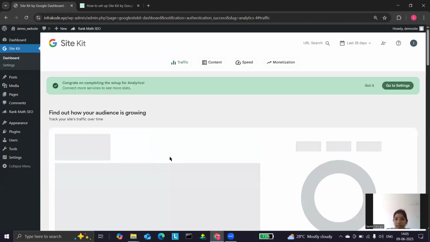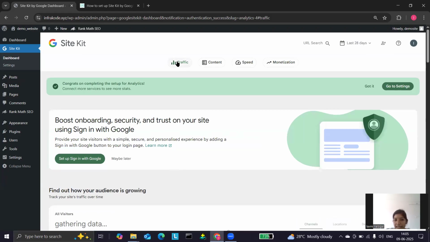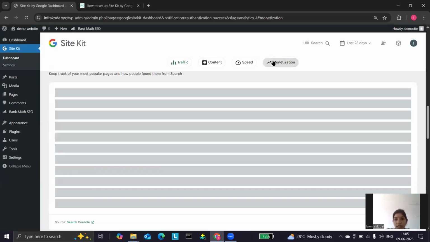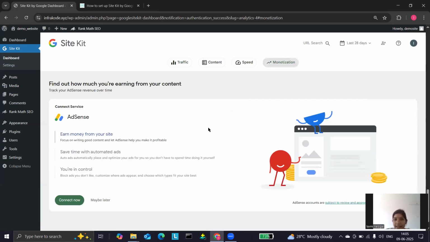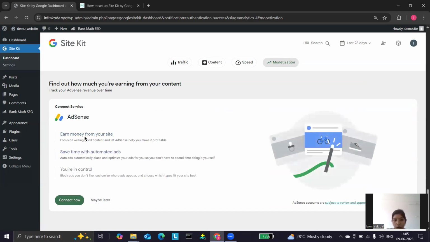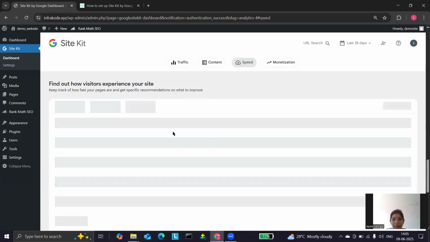Here you can see there are tools, that is traffic, content, speed, and monetization. In monetization, it will show the details related to AdSense. If you are monetized with your site, in that case you can see your earned money and all related earning data displayed in AdSense. Here you can see there is speed.